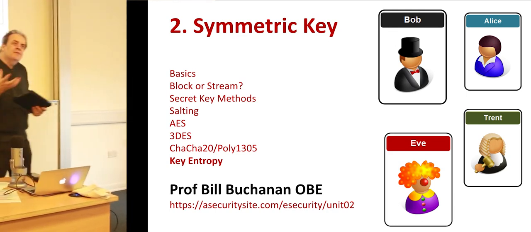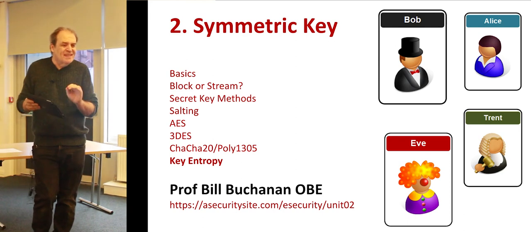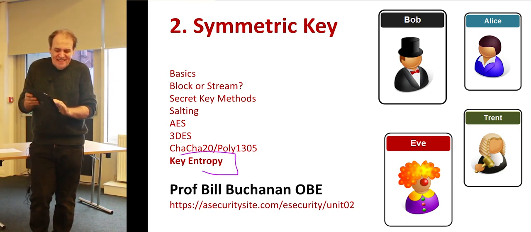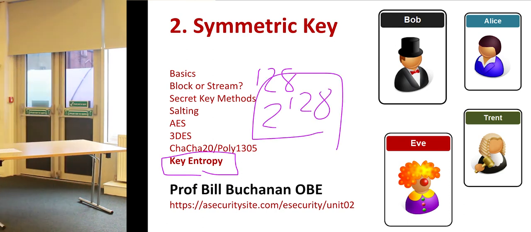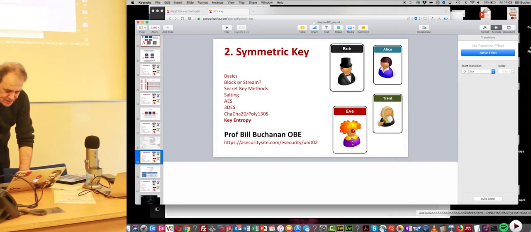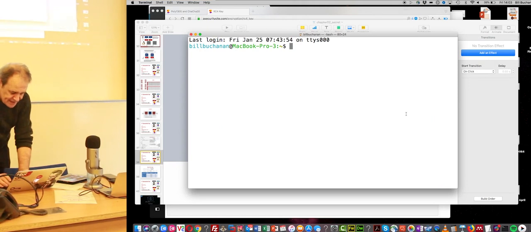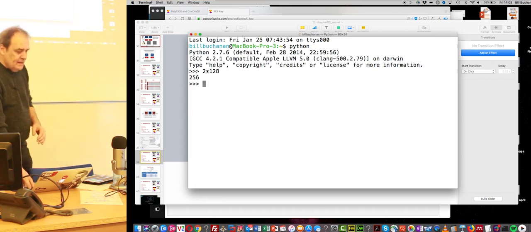So the concept of key entropy, I can't highlight how important this is. So we're going from 128 bits. I don't know if you've seen 128 bits. That's a very large value. So if we try our little Python code,